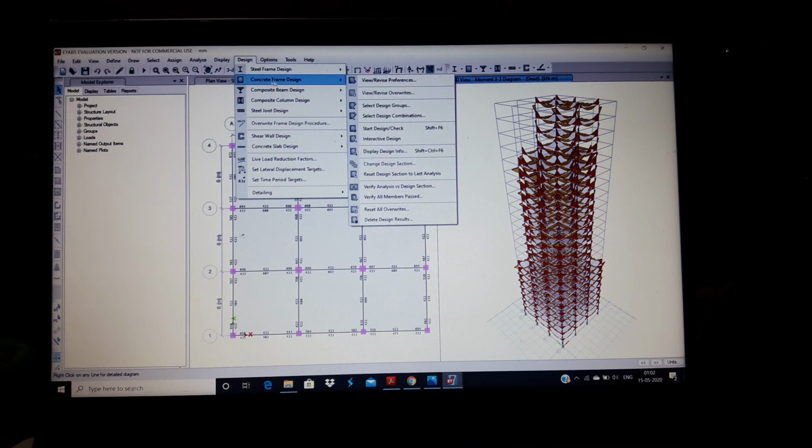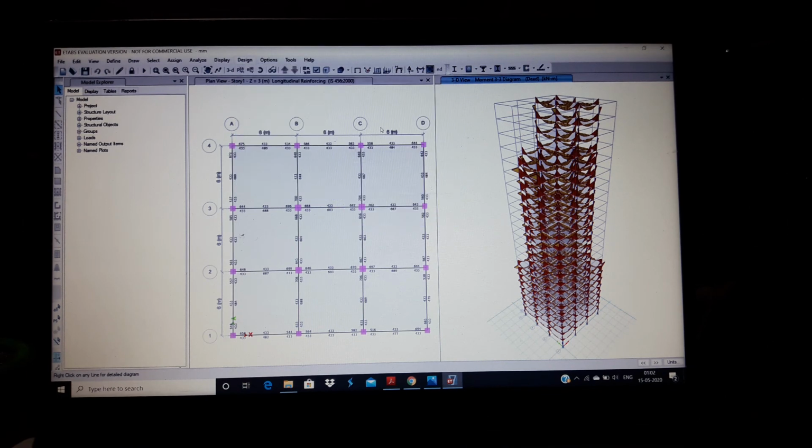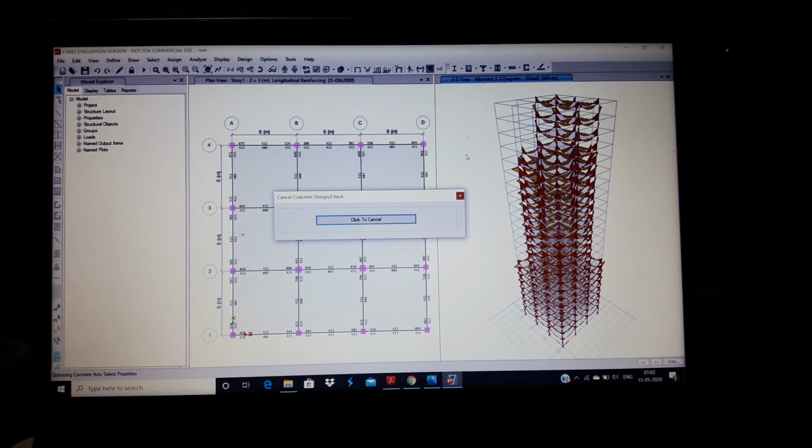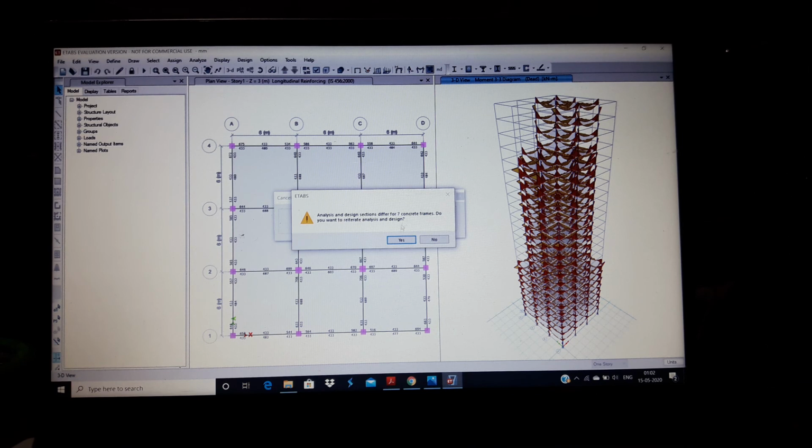It will take some time to check all the members. And then again click on yes till no concrete frames are different.